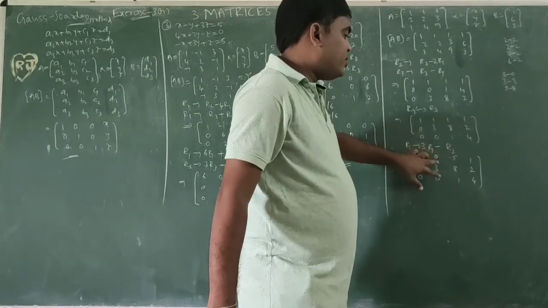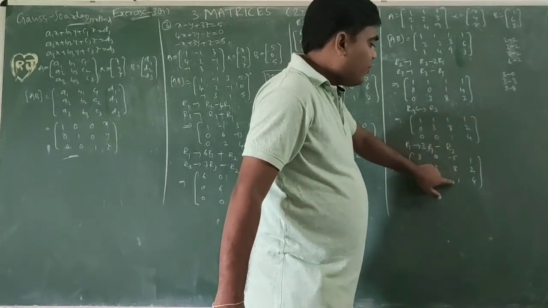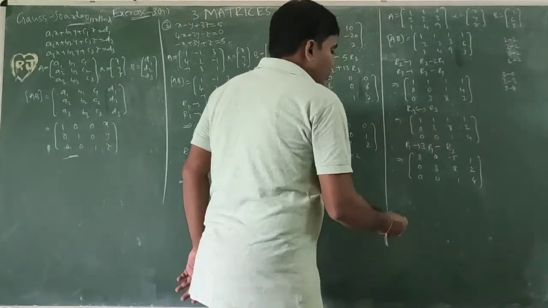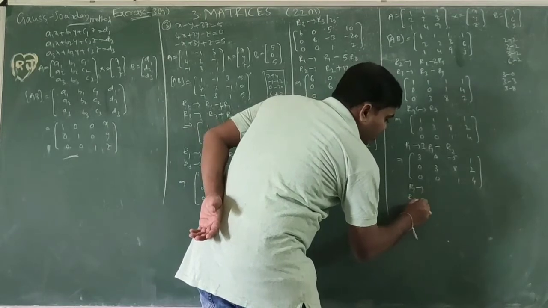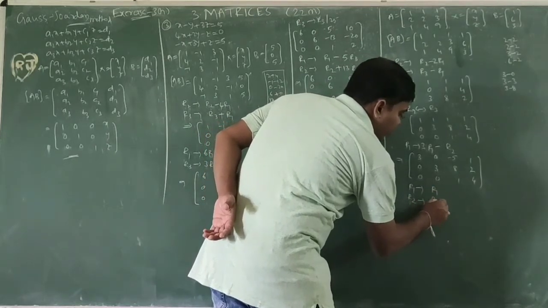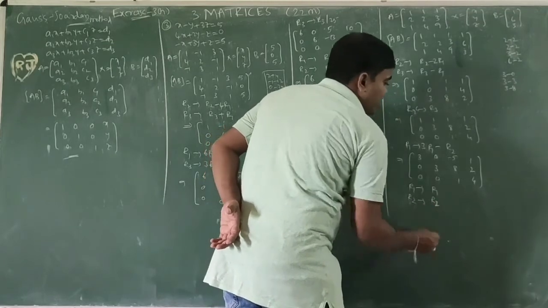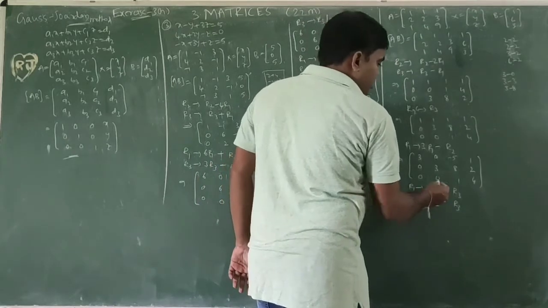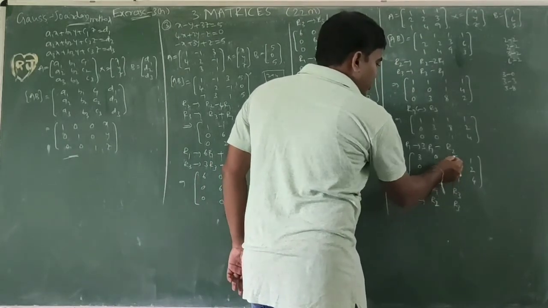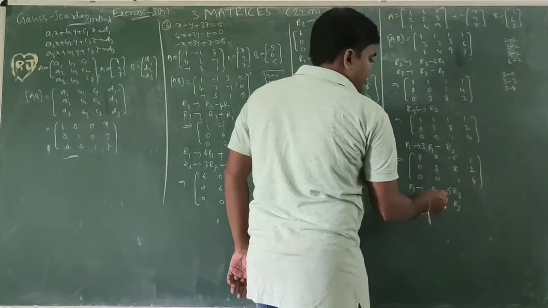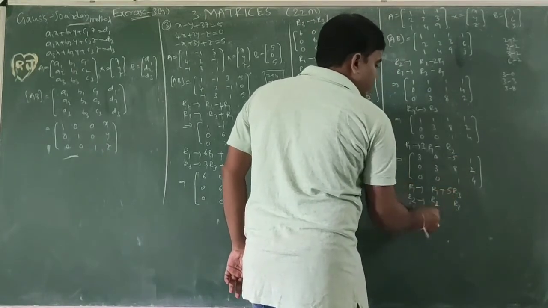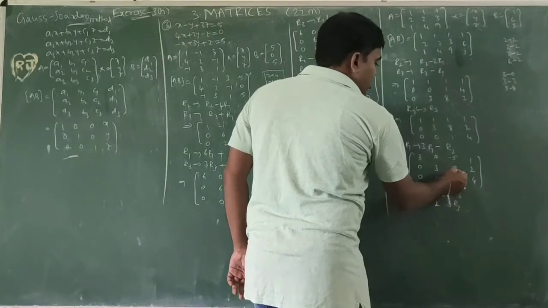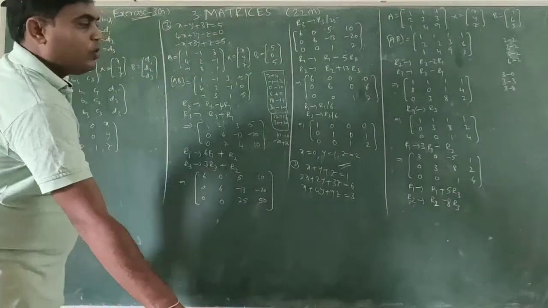Second column non-diagonal means 0. Third column diagonal 1, non-diagonal minus 5 and 8. These two should be 0. So R1 changes, R2 changes. Why are we changing R1 and R2? With the help of R3. So what is R1? Minus 5. If we take number 5, balance, opposite signs keep plus in the middle. This is 8, this is 1. Write 8, balance 8, now it is 8. So same sign, keeping minus 8.